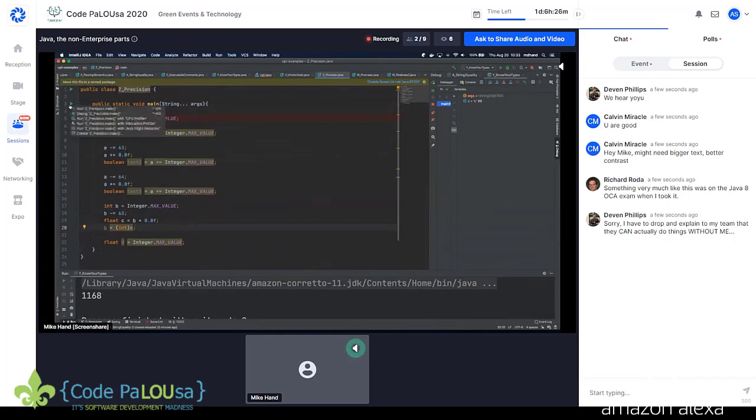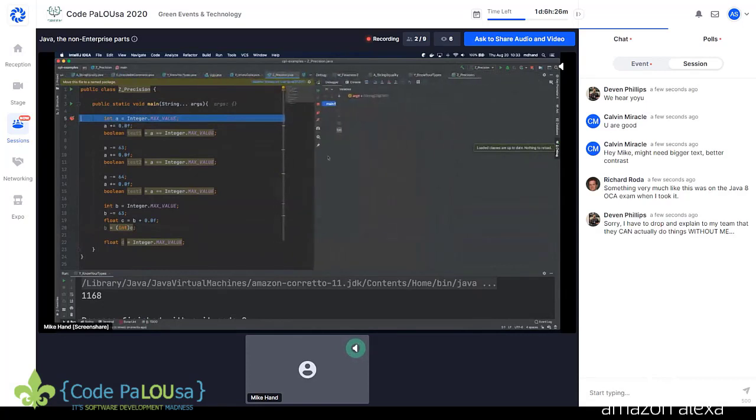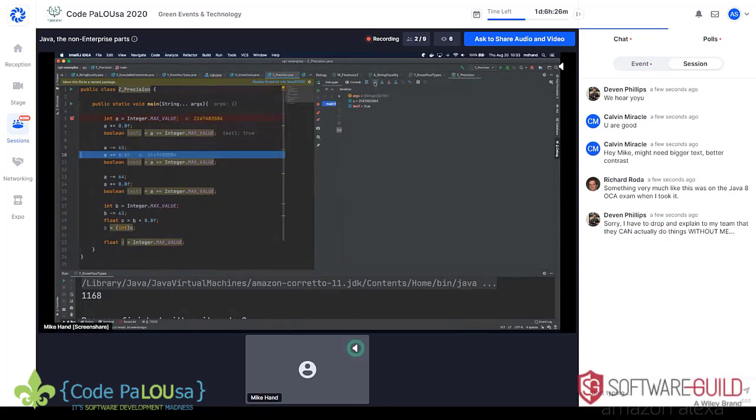So let's debug through this. And do I have, yes, I got a breakpoint right at the top. So kind of drag this back over. A is set to the max value of int. We're going to add 0. We see it flash, a didn't change. And so is a still equal to the max value of int? Yeah, it is. Now we're going to subtract 63 from a. Now you can see, maybe we didn't remember it, but yes, it changed. Now we're going to add 0 to it. Oh, we see that it changed again.